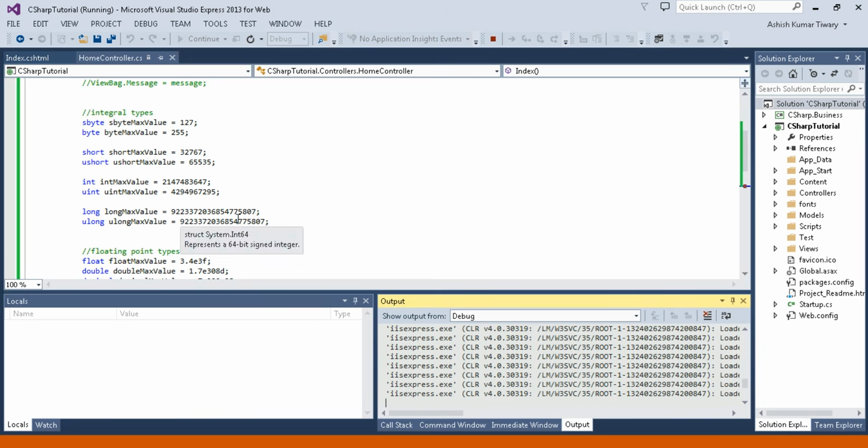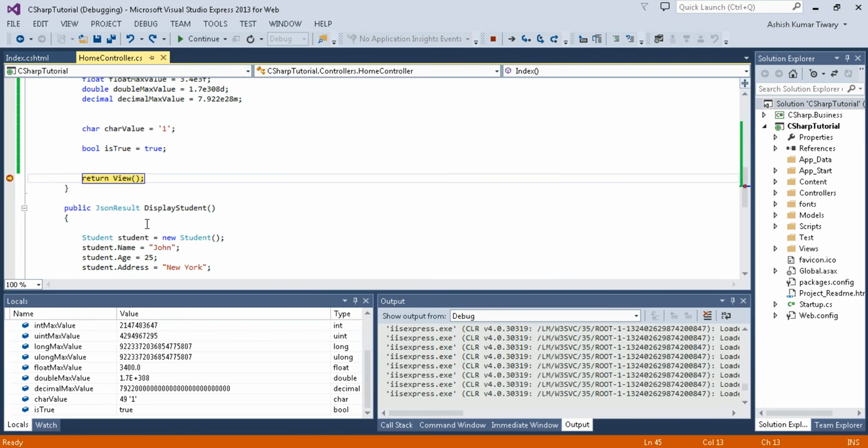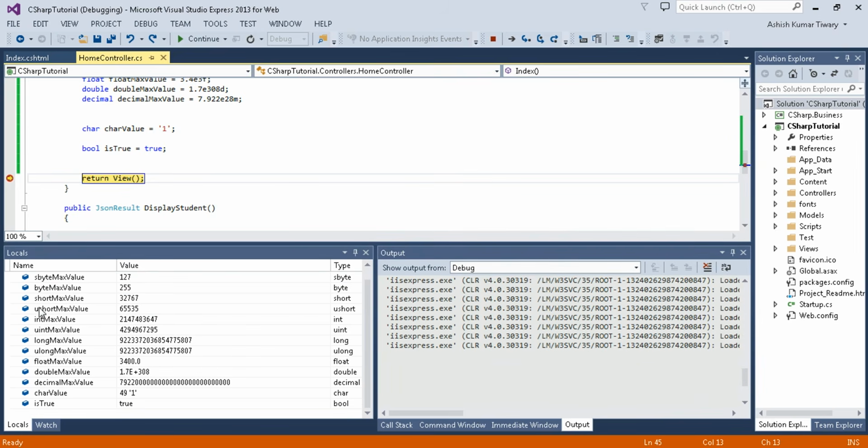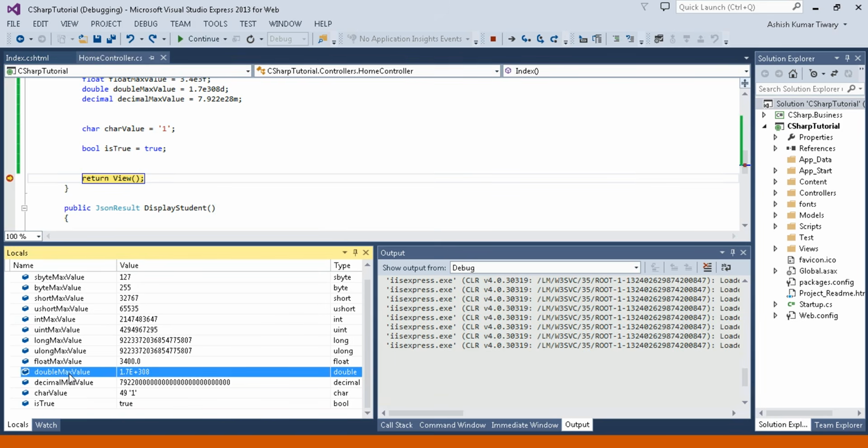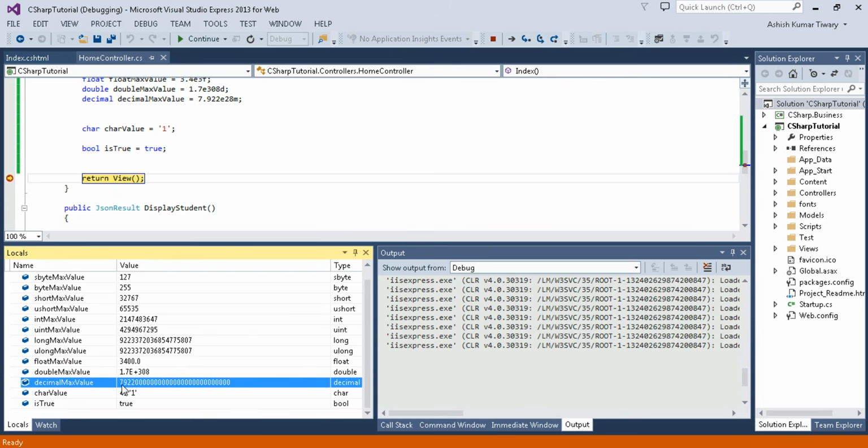So here you can see the value of each variable in this local windows. So here you can see the values of these data types. So the double, you can see in case of double, the value is 1.7 into 10 to the power 308, and the representation is 1.7e, which is not recommended for financial or monetary purposes, and that is the reason decimal is being used.